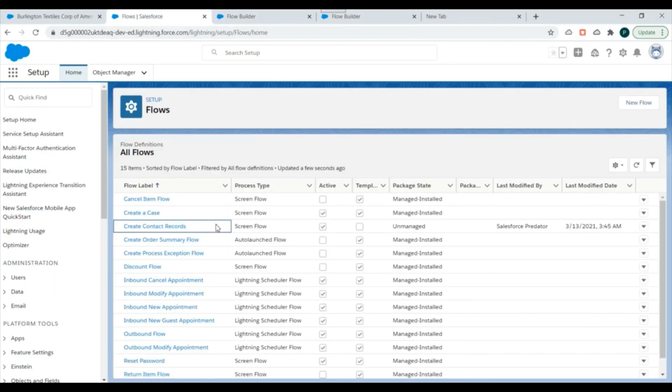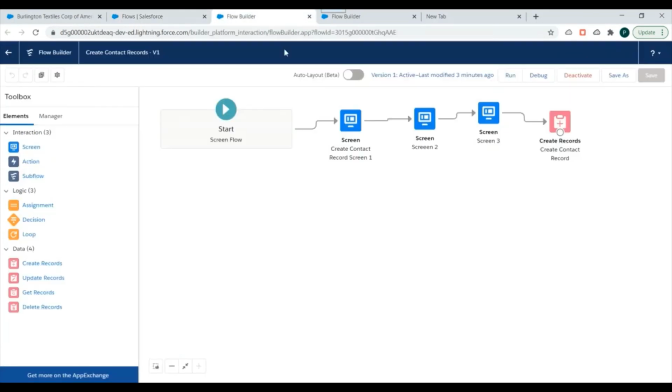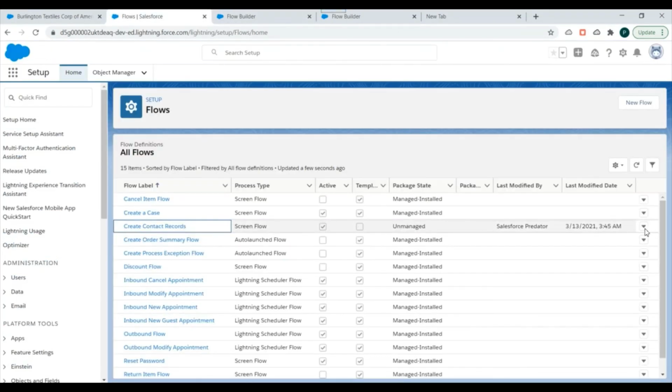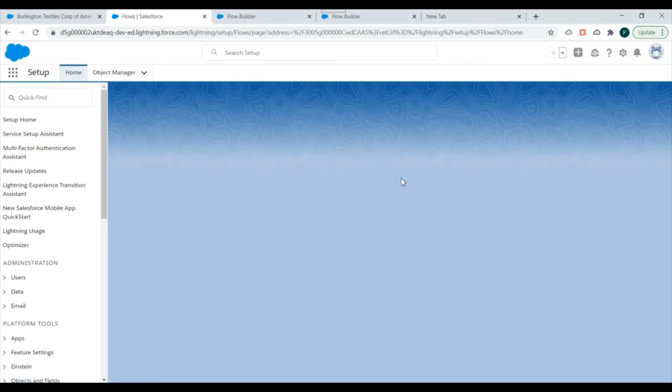If I want to edit this flow's properties, not go into the flow builder, I have to click this drop down and select view details and versions.